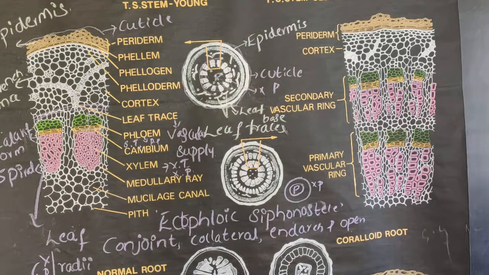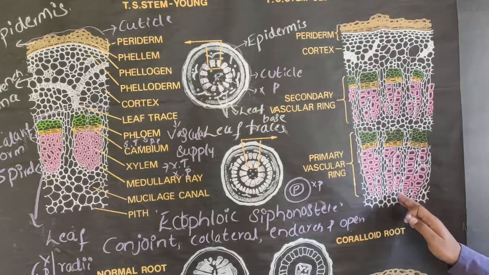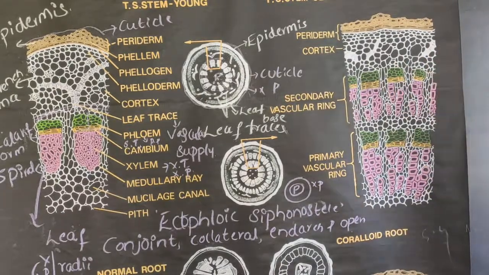If you look at the secondary growth in case of cycas, it is exactly similar to that of secondary growth in case of dicot stems. This secondary growth occurs because of the activity of two types of cambium cells. One is the vascular cambium, which is present in the vascular bundle system, and another one is the cork cambium, which is present in the cortical region.